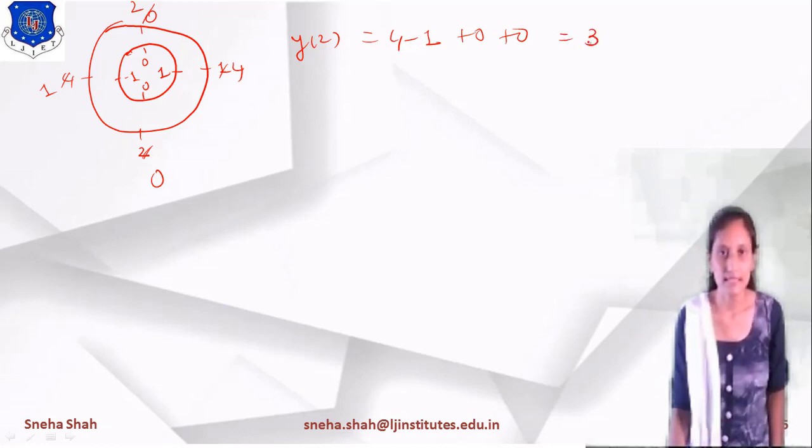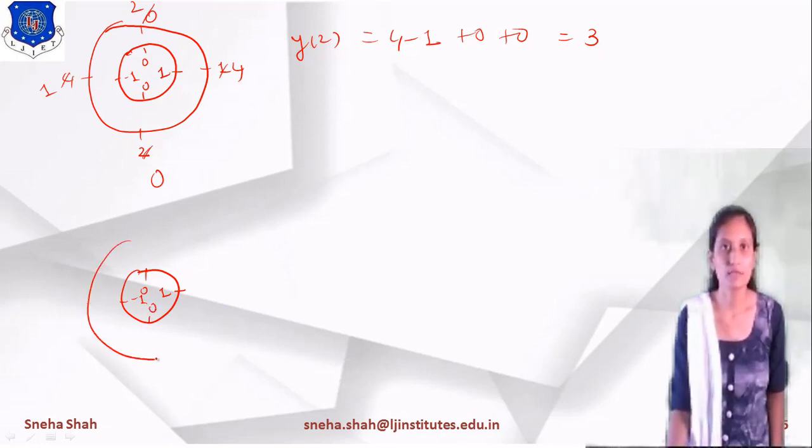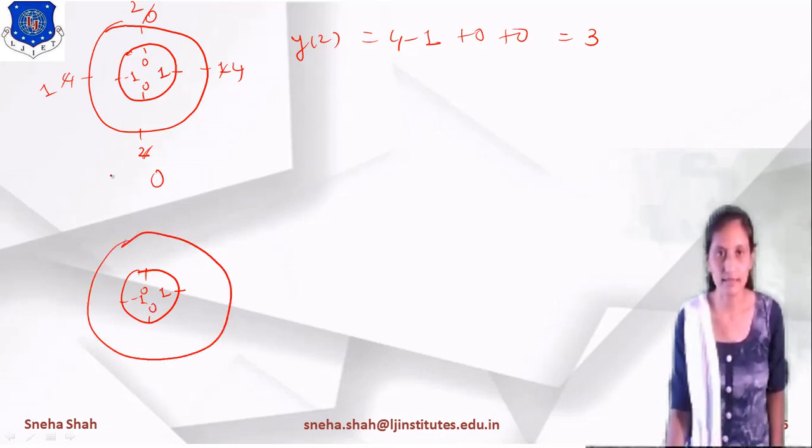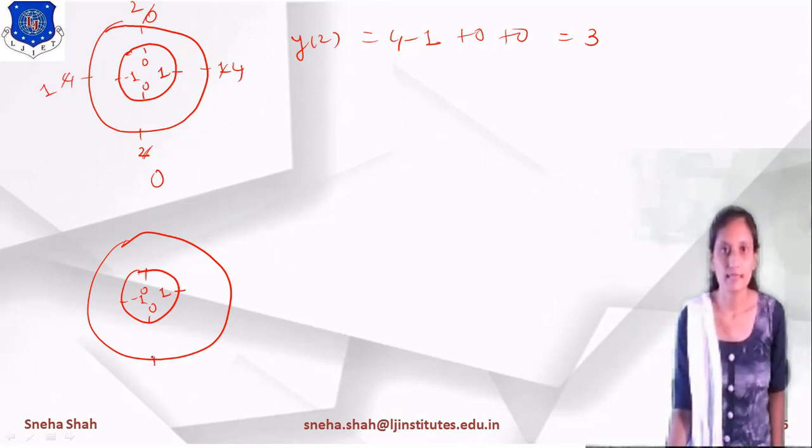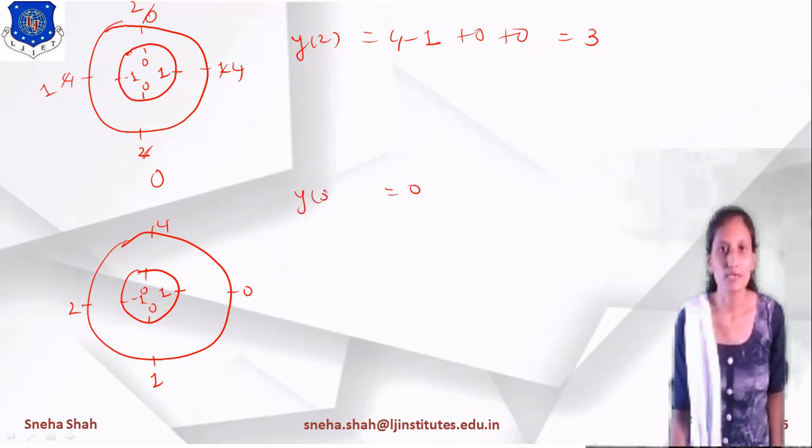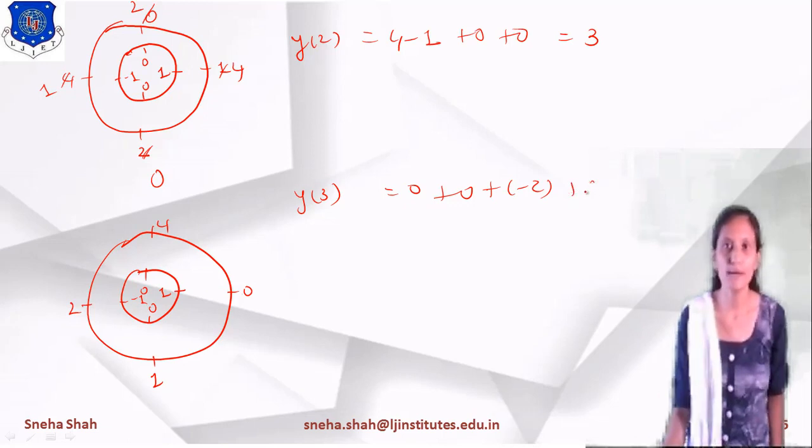In the same way, the inner circle is represented as it is, and the outer circle is moved. This circle moves 1 time. So 1 goes over here, 0 comes here, 4 comes here, and the 2 comes here. Now if I multiply these terms, 1 into 0 means 0, which gives the answer for y of 2. 0 into 4 means 0. Minus 1 into 2 means minus 2. 0 into any term means 0. So the overall answer is minus 2.